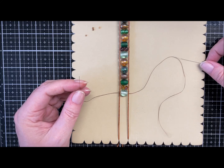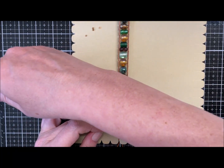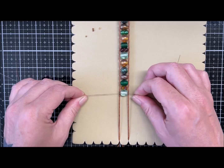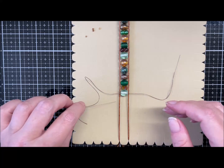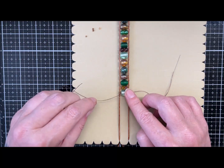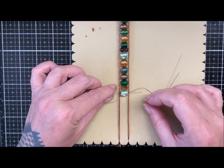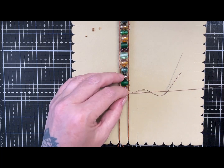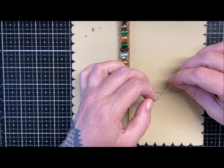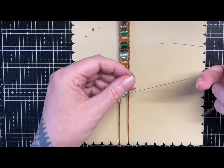Okay, so I'm just going to go through one way and go through the other way, just to make sure that that doesn't slip, and then I'm going to go under to run around that thread again, this cord again, back through, and that one's coming over, so I'll make this one come under. So I've just gone back through the bead again to make sure that that's locked in place, and then I've just brought one thread back over, so one thread's over and one thread's under, and we're just going to do